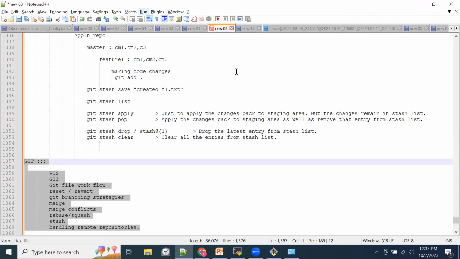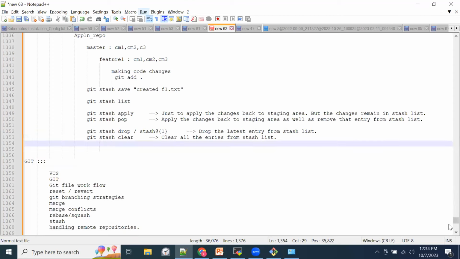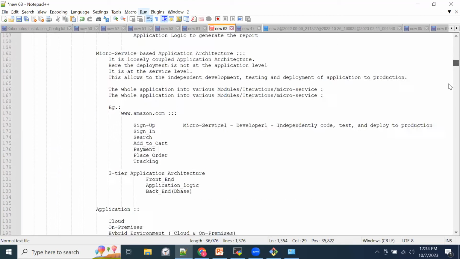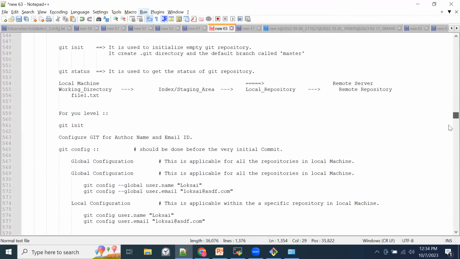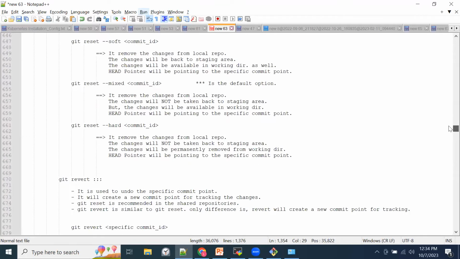Yes. Can you please recall the difference between Git reset and Git revert? So in last session you were there, right? No, I was not there. Did you get a chance to go through the recordings? No, I did not go through yet. So I recommend please go through the recordings, because there I have given a detailed explanation about all